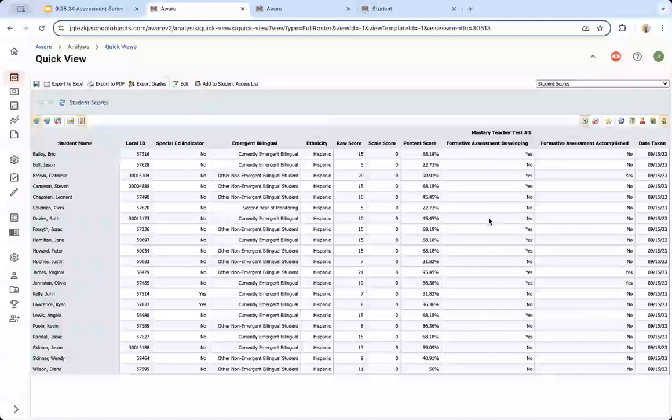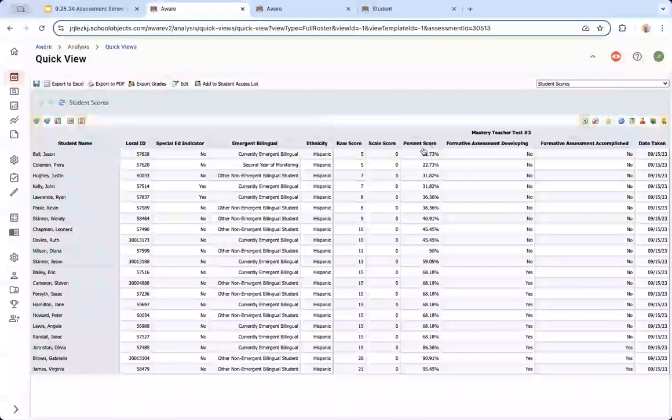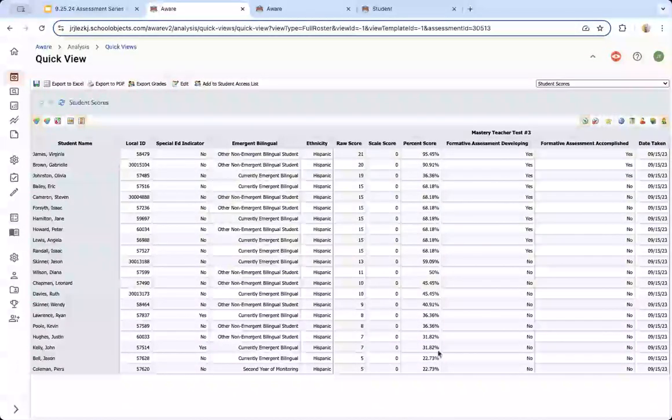Now, within quick views, I can get a pretty easy check at a glance about which kids are at or above a particular threshold. But to make it even easier, I can click a heading and sort it from lowest to highest, highest to lowest, and it will adapt and show you that data in order. So I can take whatever line I need to in my performance and say, kids below this line are the ones I need to worry about for this particular assessment to begin looking at remediation. And kids above this line, I might need to be looking at for enrichment, wherever those lines need to be for your district.